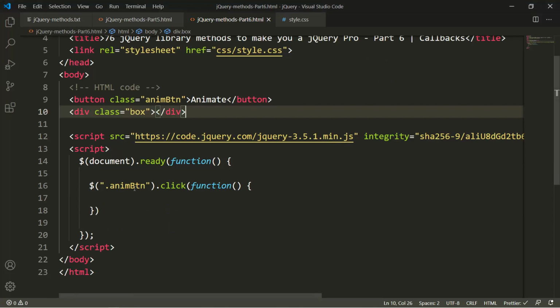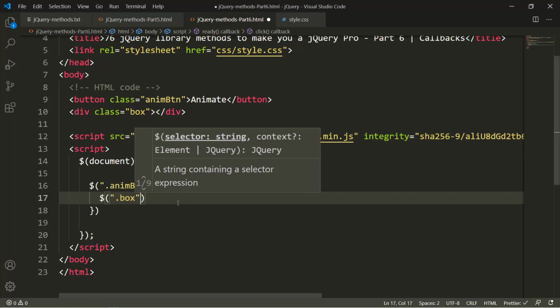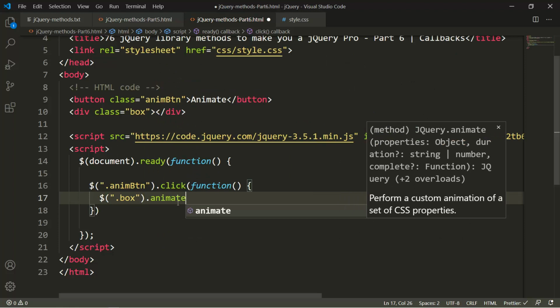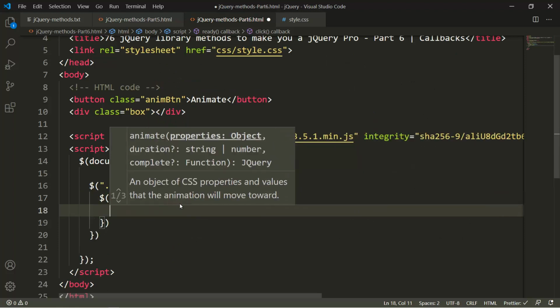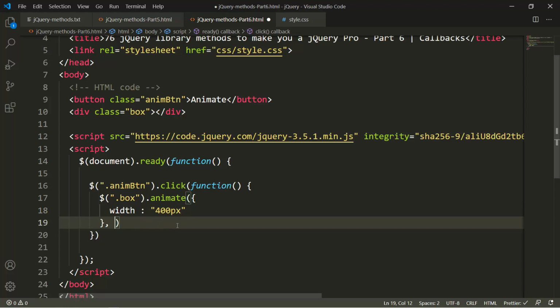I have taken the animate button, so $(".animButton").click(function), and I'll add some animation. $(".box").animate, the properties. The property I want to add here is width. Let's say I'm passing width of 400px, and I pass the timer, 1 second.